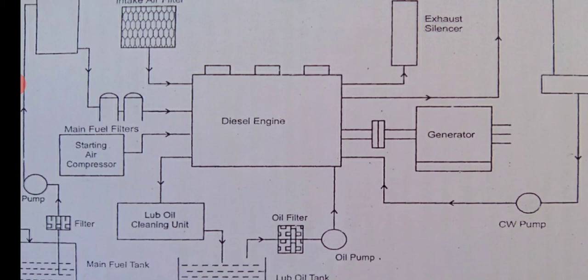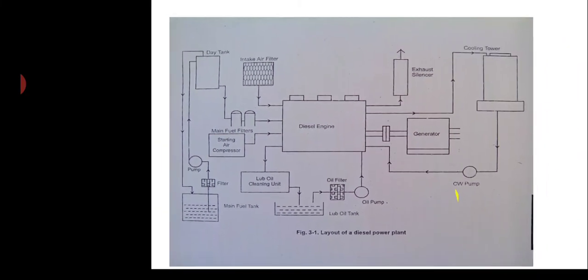Okay? So there will be multiple cylinders. For these engines, normally it is 12 cylinder, 16 cylinder, 20 cylinder engines. So it will push the pistons, and thus these engines are cranked. So this is one more feature which I think you might not be exposed to. The starting of a big diesel engine cannot be done by your kick start or your self start. So you have a starting air compressor and air receivers. So this is the starting system.